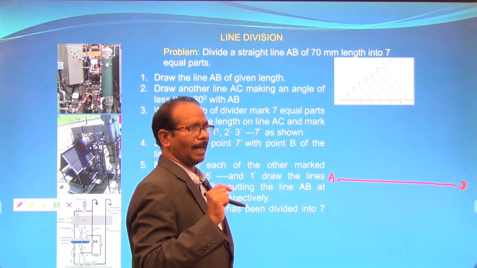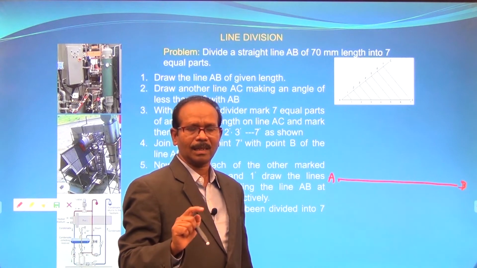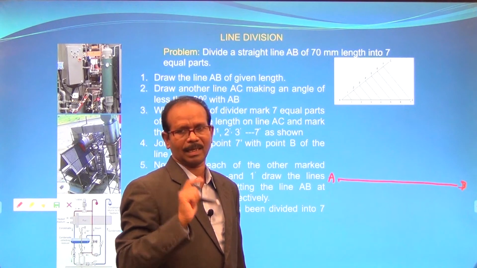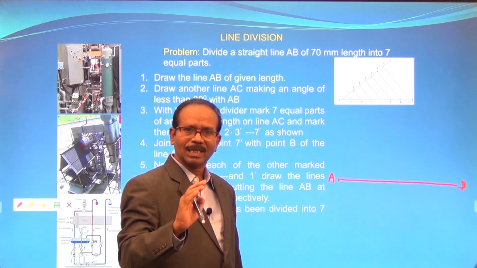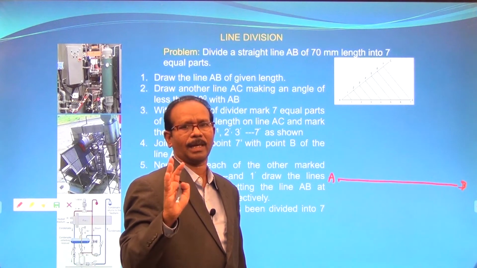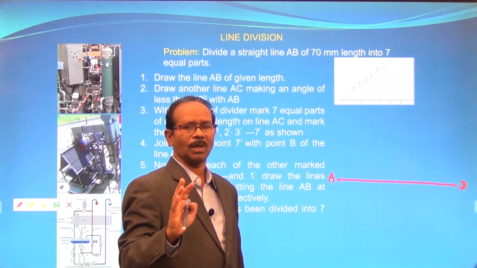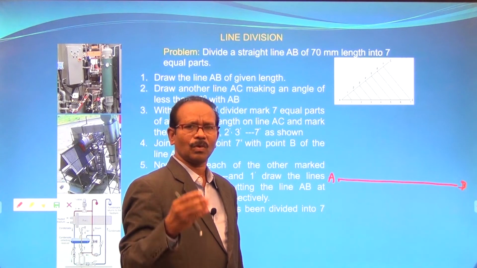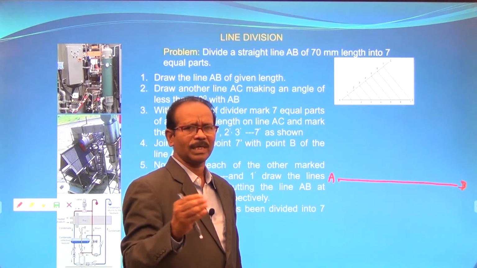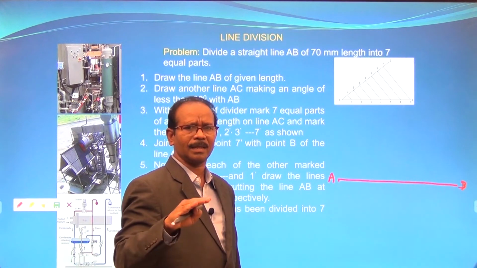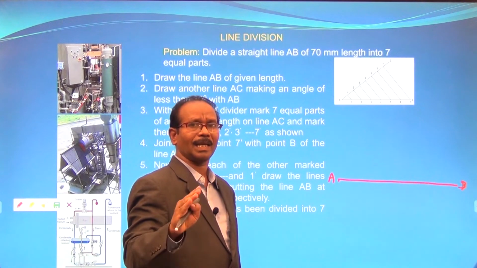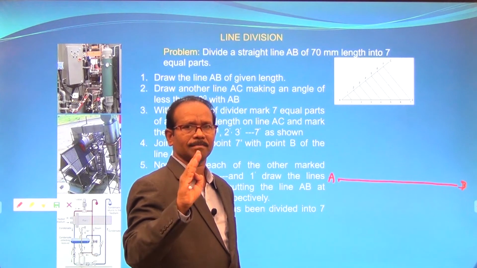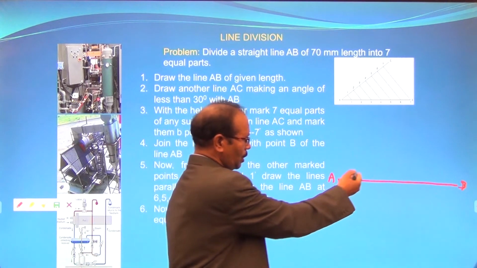Draw a random line at a random angle less than 90 degrees, known as an acute angle. No need to measure that. What is that angle? Below 90 degrees, it's okay. Select any angle. No need to follow 45 degrees, 30 degrees, 20 degrees. Don't worry. Draw any line at any angle. That we call a random angle, random line. No need to check what the angle is.